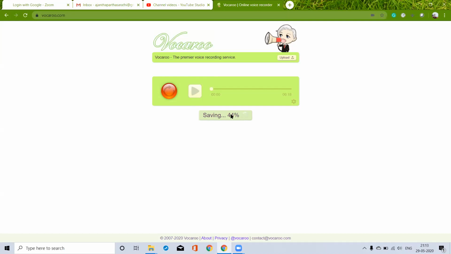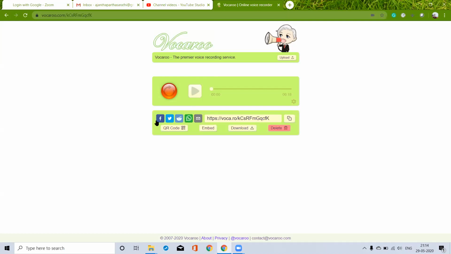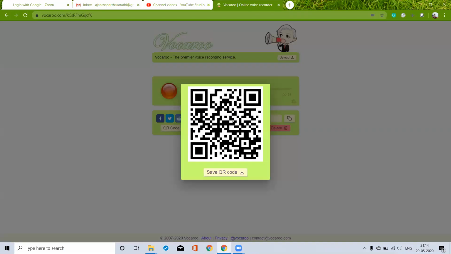It is saving. These are the social media platforms to which we can share directly from this site. Otherwise, this is a QR code for the voice we have recorded. We can save this QR code and share it with our friends or anyone.